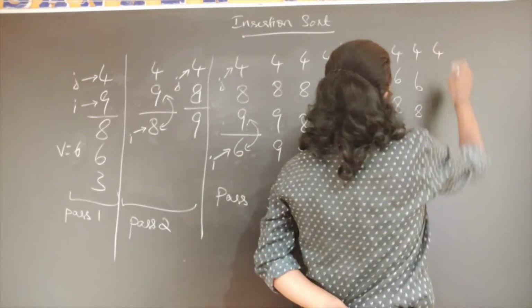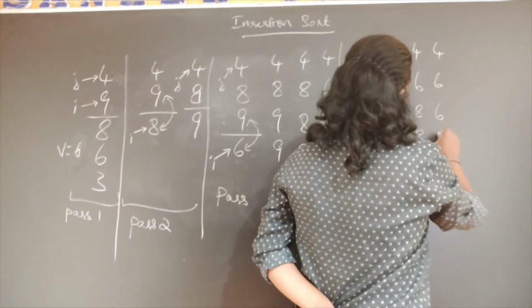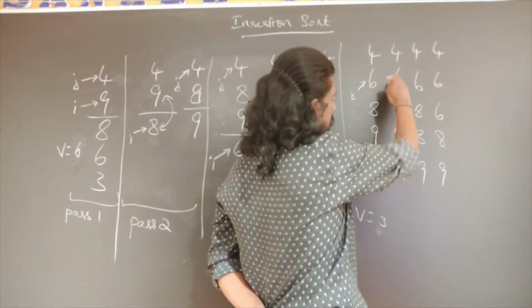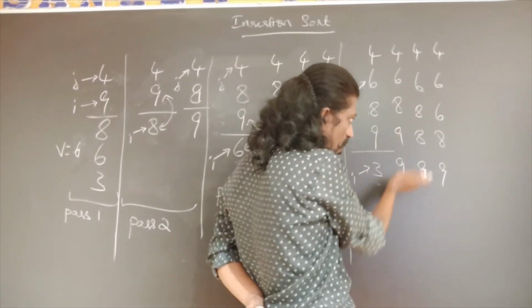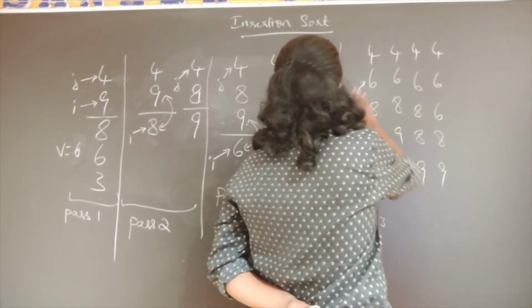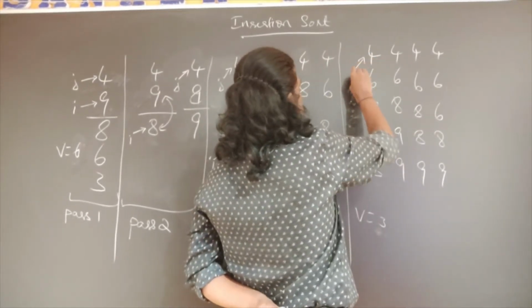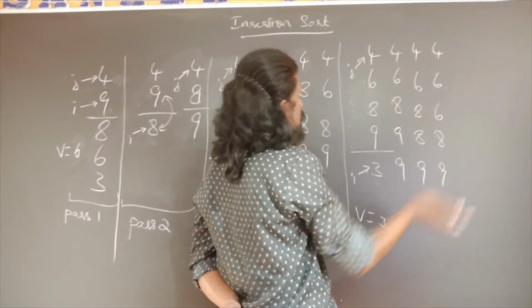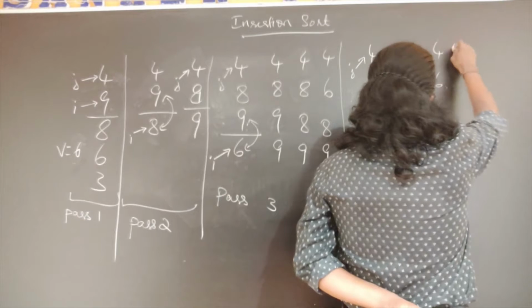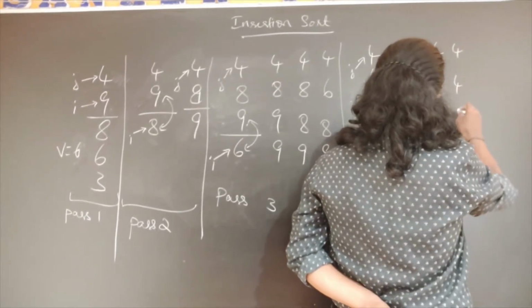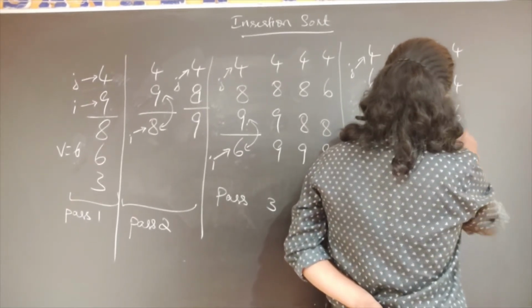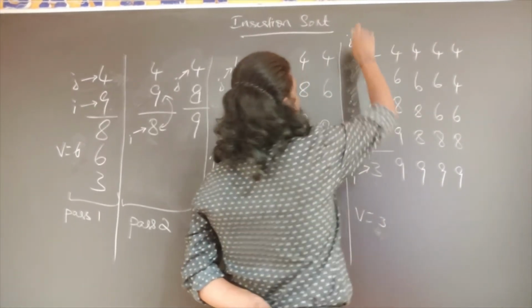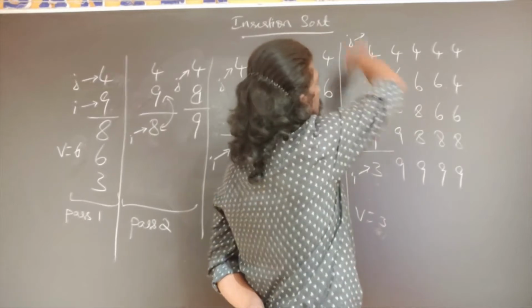We will bring it one more position down: 4, 6, 6, 8, 9. So every time, you can see, if that element is larger, it comes one position downwards and pushes all other elements one position downwards. Finally j comes to the first position, and 3 and 4 are compared. 4 is also greater than 3, so 3 has to come somewhere above 4, therefore this will also be pushed downwards along with all the other elements, 8, 9. And now we try to decrement j and we find that there are no more elements to compare,